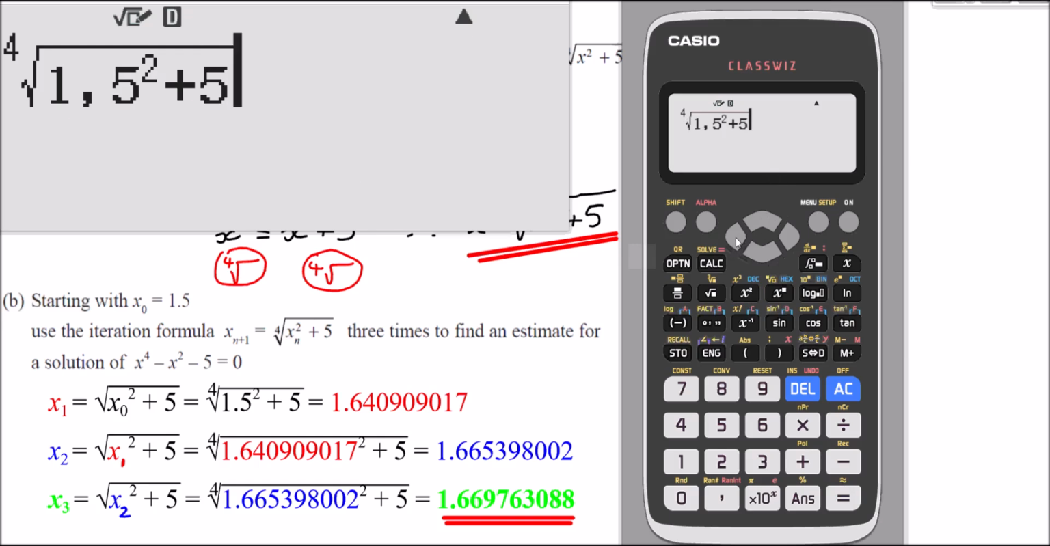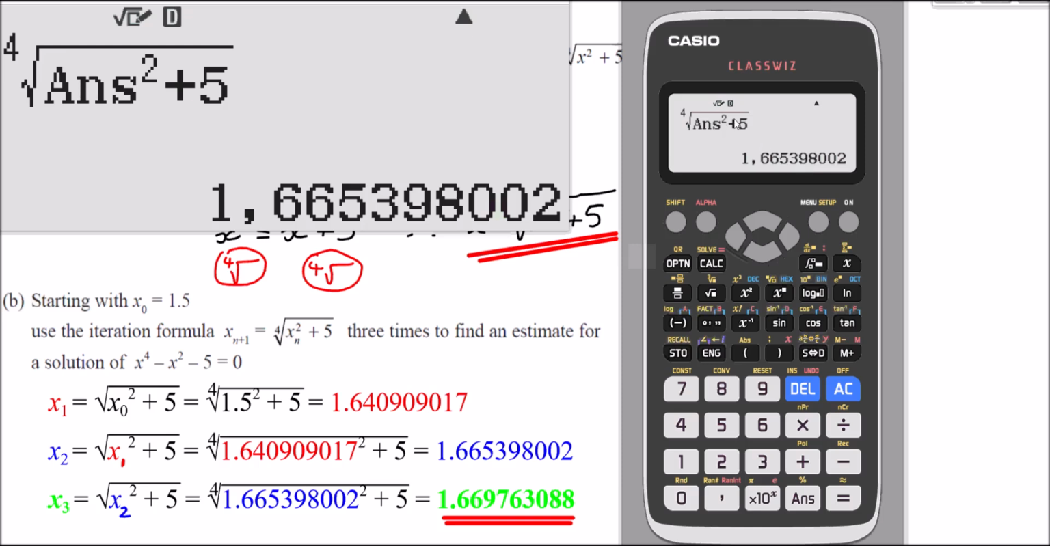Now the second time, if I just toggle back, delete this 1.5, and then just type in Ans, my calculator stored my previous x value. So my calculator stored x1. Now I can just type that in. Press equals. That's x2. And now, because it's already saying Ans squared, my calculator will then use the previous version to generate the next answer. So I just press equals again, without pressing anything else. I then get the third value, which is my final one, what I need,